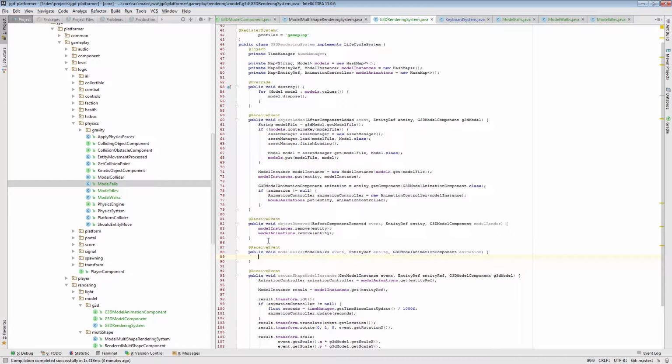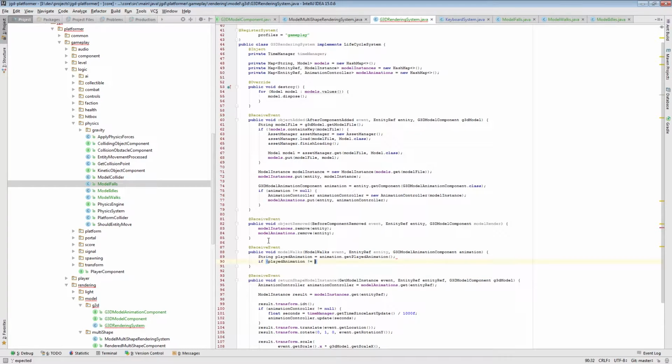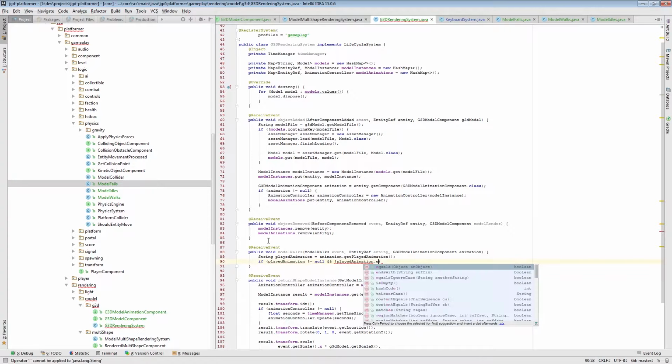So if it does, what we do, we get model animations for it. No, first we get played animation. So if it's already walking, we don't have to do anything. So played animation. If played animation is not null and played animation not equals